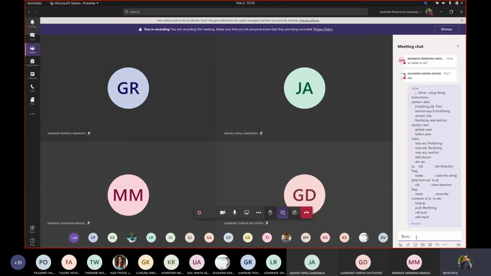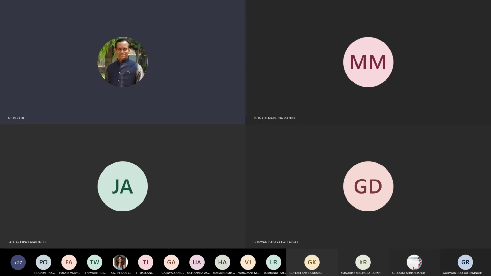Fine. Everyone would be sharing the screen. Can you share your screen? There is an option there. Like if I'm stopping screen sharing now, maybe Maimuna, why don't you do this? You can see that there is an open share tree. Can you click on it and share your screen?